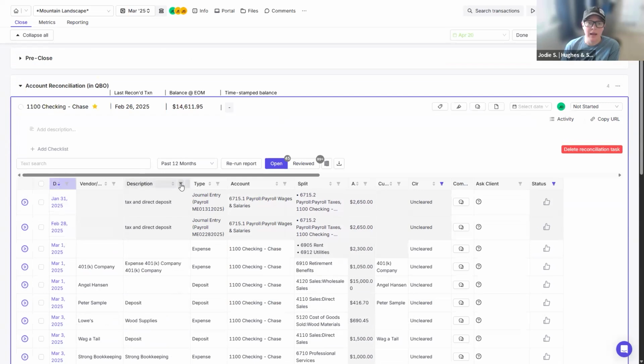You can filter by any of these. So if you need to review expenses, cost of goods sold, that kind of thing, you can always do that here too by filtering to do additional reviews. One thing to point out is